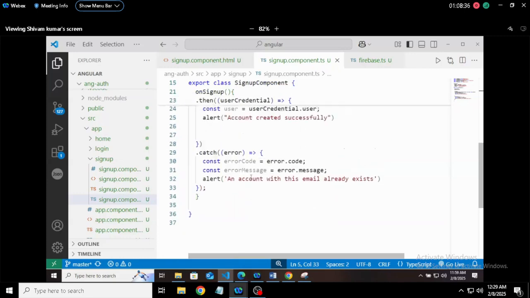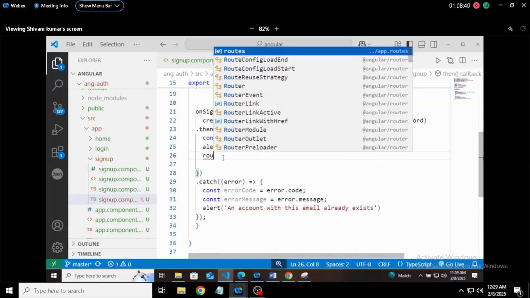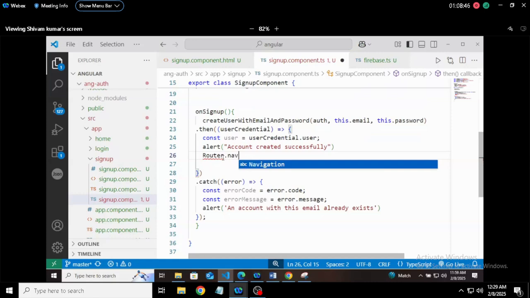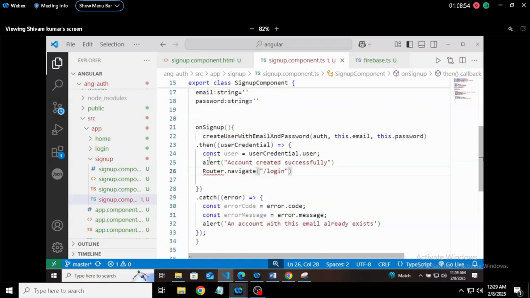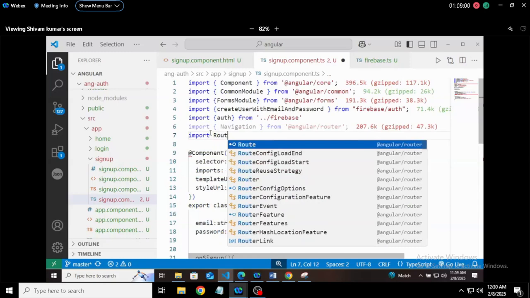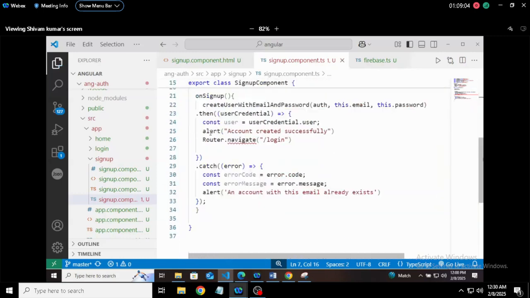So I will try to write the same thing here, router.navigate to /login, and we need to import the router. So in this way,